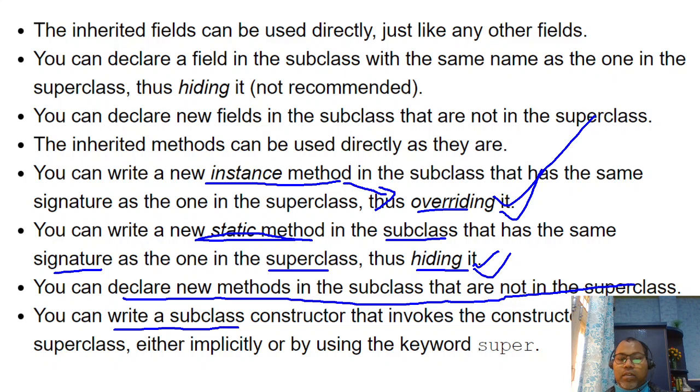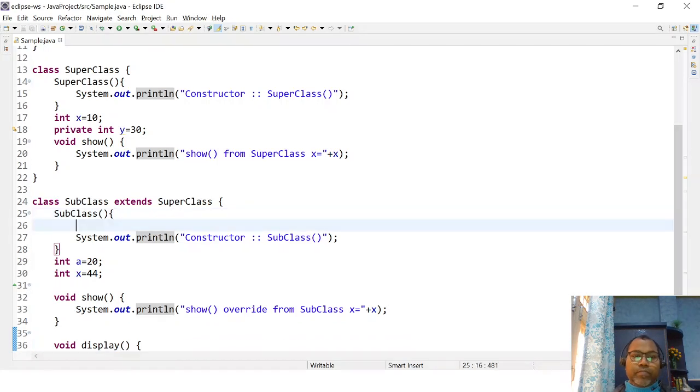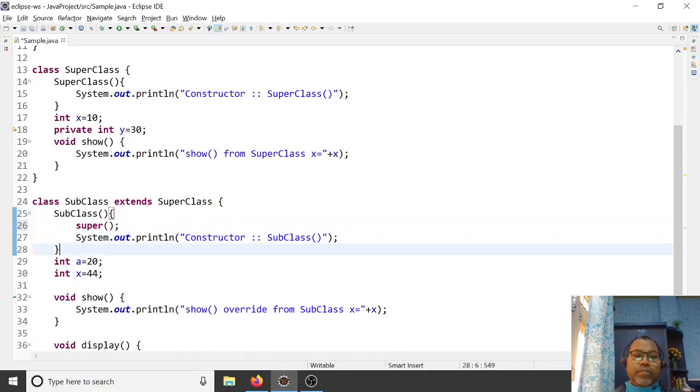You can write a subclass constructor that invokes the superclass constructor using the super keyword. So sometimes we want to invoke the superclass constructor.